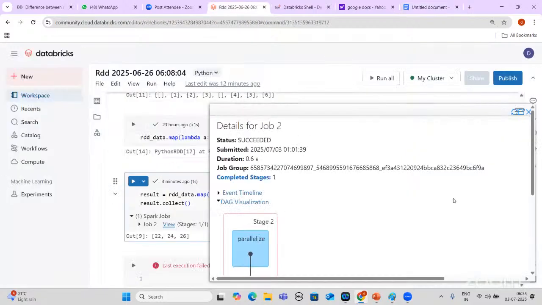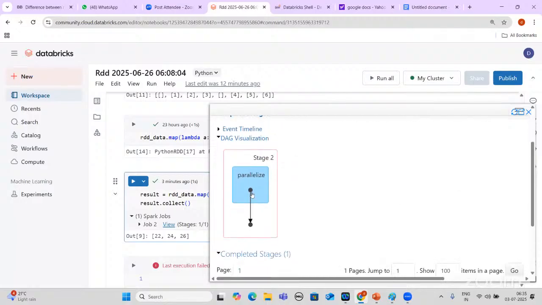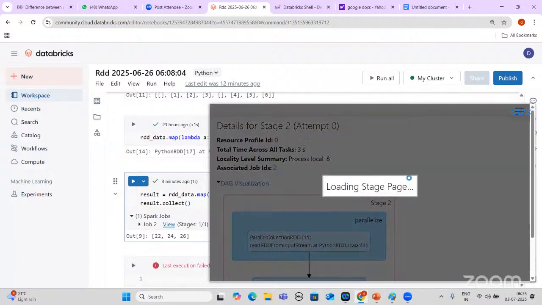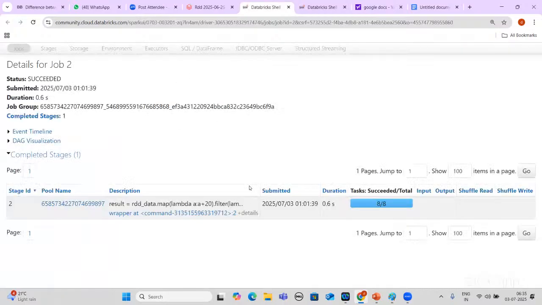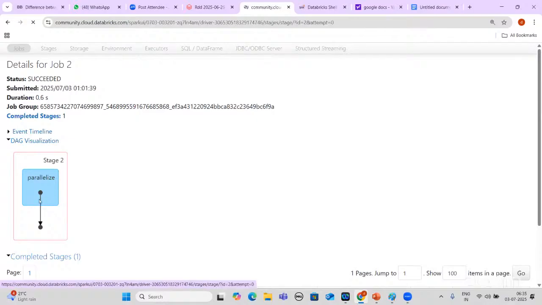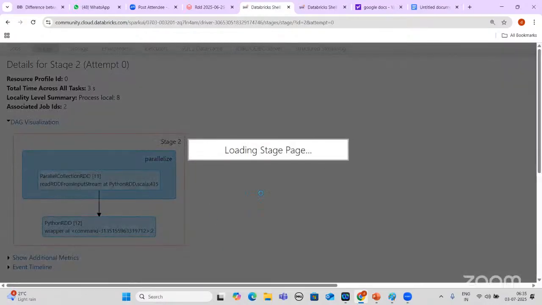See here. You can click on that. You can see what the stage is and how it is working. By looking at it, it would seem easy, but it's not that easy to understand.